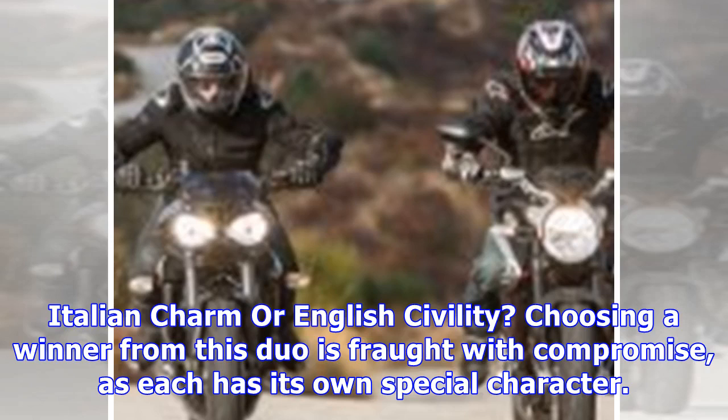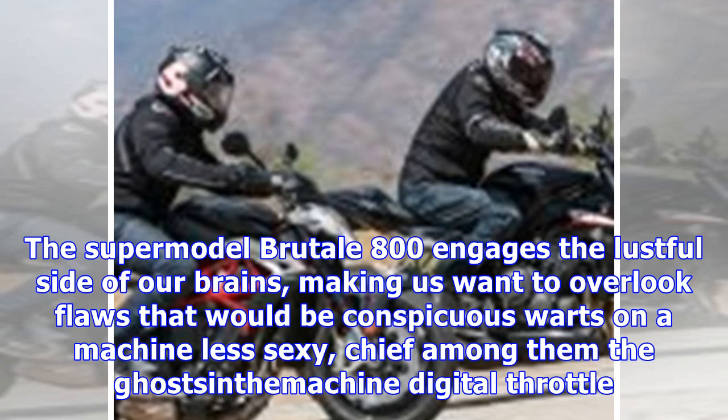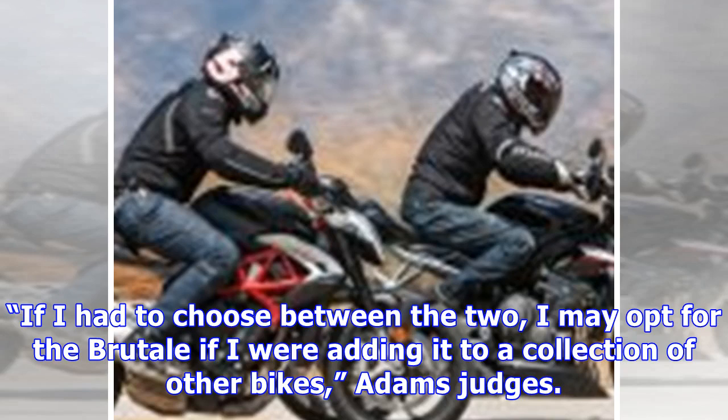Choosing a winner from this duo is fraught with compromise, as each has its own special character. The supermodel Brutale 800 engages the lustful side of our brains, making us want to overlook flaws that would be conspicuous warts on a machine less sexy, chief among them the ghosts-in-the-machine digital throttle. "If I had to choose between the two, I may opt for the Brutale if I were adding it to a collection of other bikes,"